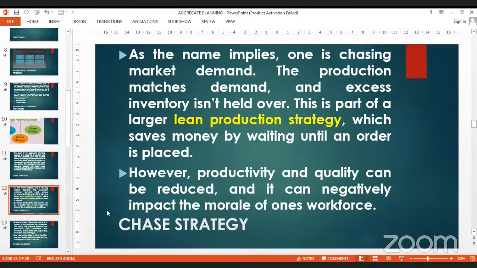In this strategy, ma'am, actually, if you have goodwill in your market and have more orders, then okay. Otherwise, how to